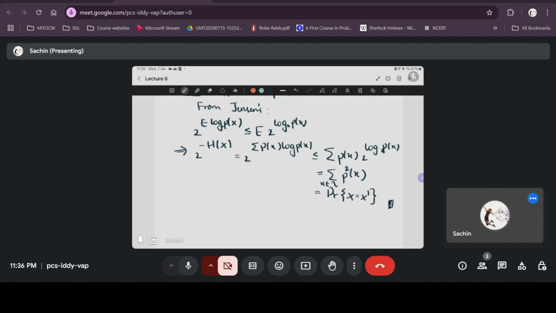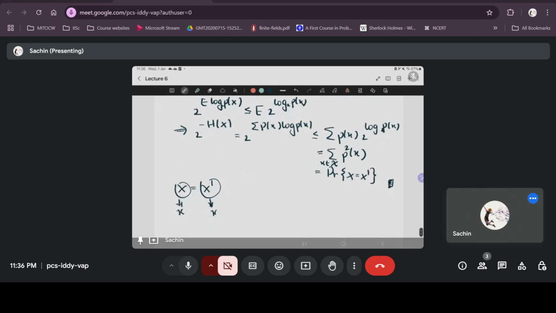Here x belongs to the alphabet. So, like I said earlier, for two random variables to be equal, whenever this random variable takes a particular value x, this random variable also has to take the same value x, and this should be true for all values x in script x. So what is the probability that when capital X takes the value small x, capital X prime takes the value small x, that is equal to